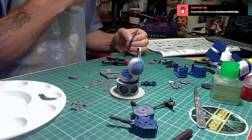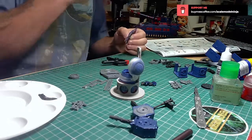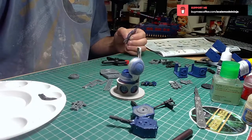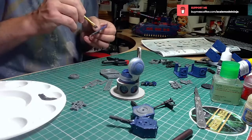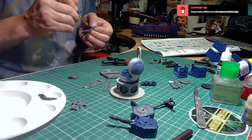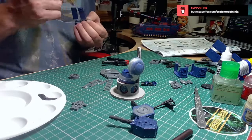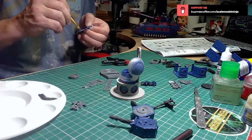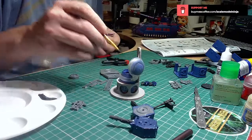With these, it may take a bit of time, but if you add a bit of distilled water to them and keep stirring it, they might actually come back to life. It all depends on how badly dried out they are. But be sure you don't get mixed up with the dry brushing paints, because some may look as though they've dried out, but they are actually dry brush paint, and they look very stiff and stodgy. But sometimes you can save them. I've saved a couple of mine at one point by using distilled water, putting a little bit at a time in, stirring it with a bit of old sprue, a strong bit that is, and I've managed to bring them back to life and use them,